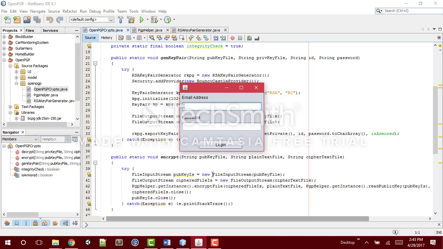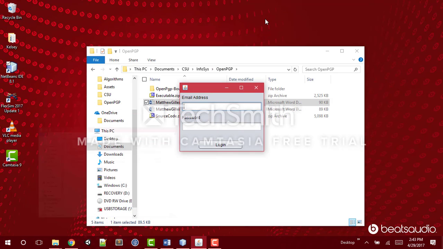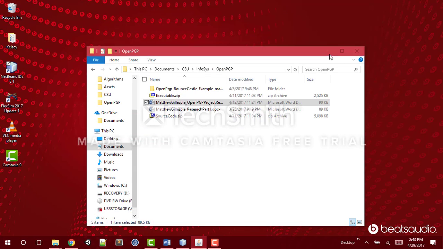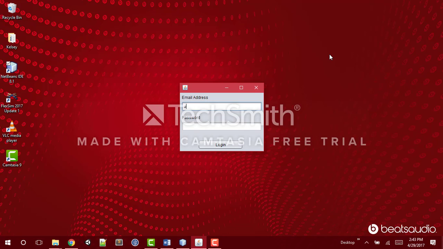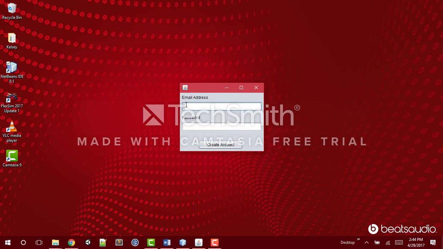So if we take a look at the program now, this is what the program looks like. So we'll log in as user@hotmail.com. I've already sent this person a message. So I have a message that I received from another user, and I can read the message there. If I want to make a new one, then I would say